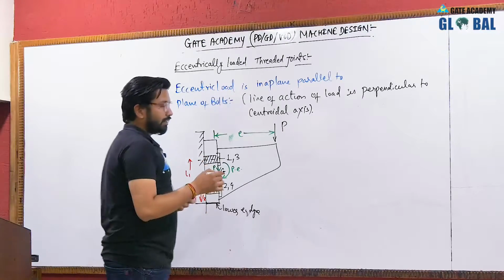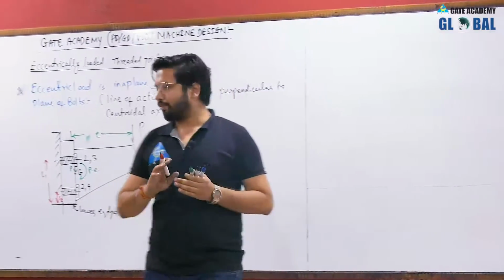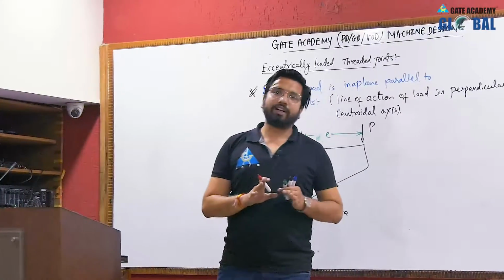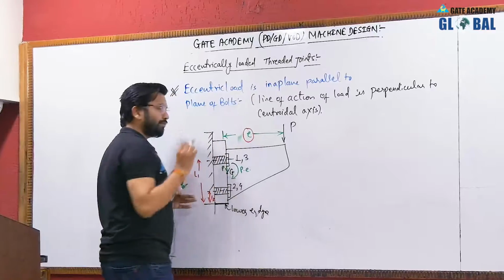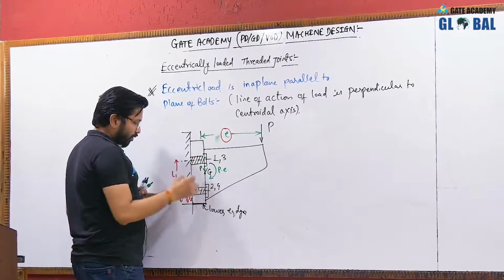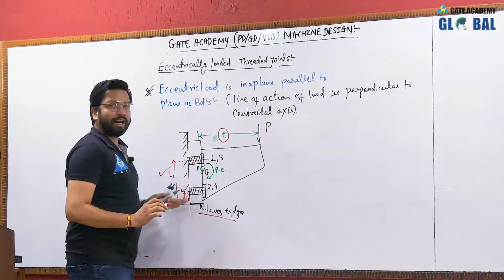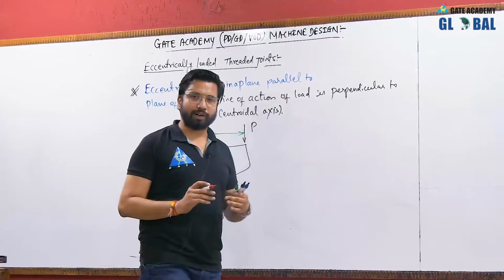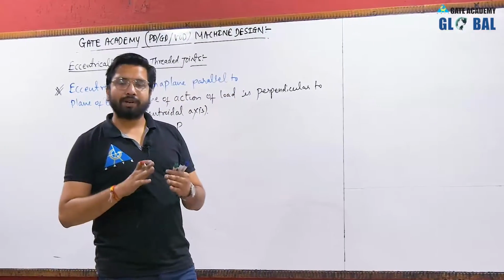Again, in the majority of cases the centroid of the arrangement will be mentioned. And if it is not mentioned, then there is no need to calculate the centroid. All we need is the eccentricity and the position of the various rows of bolts with respect to the lower edge. That means the values of L1 and L2, and if there are more rows, L1, L2, L3, L4, these values are important. The radial distances R1, R2, R3 are not important, because